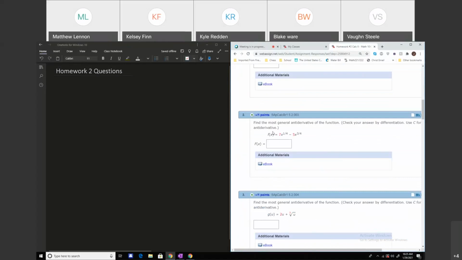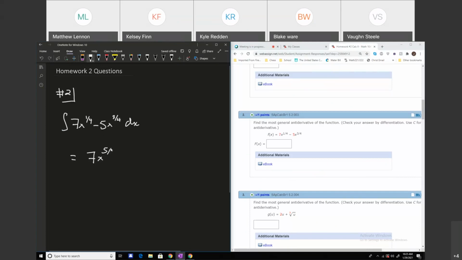So for number 2, we're trying to integrate essentially 7x to the 1/4 minus 5x to the 3/4. So we're essentially adding one to the exponent and then multiplying by the reciprocal. So we would get